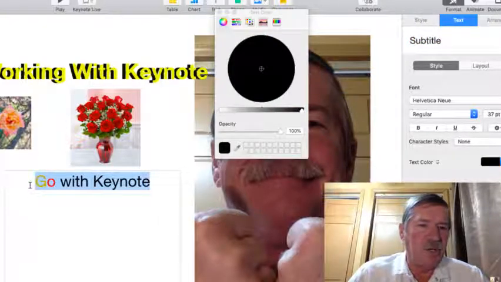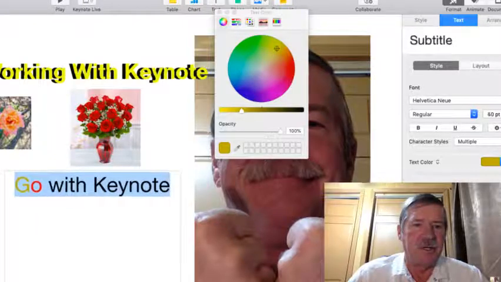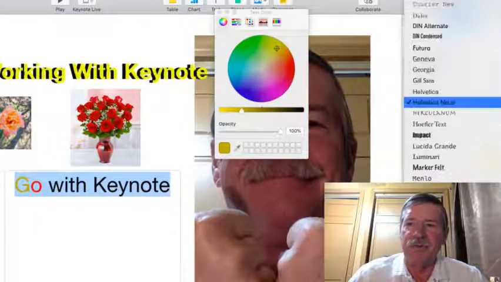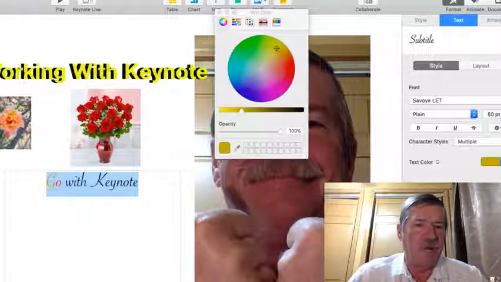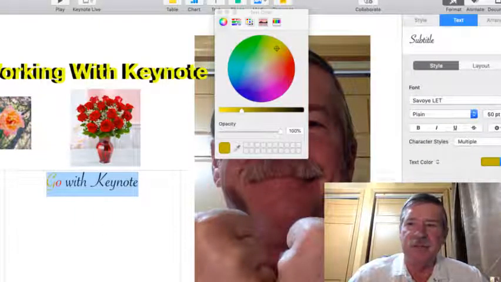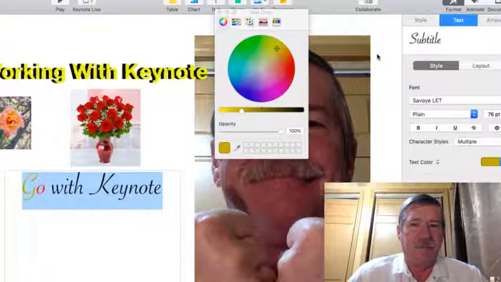If you want to make them bigger, you come over to the size. It'll take the font size up. If you want to make it a different script, as long as you got it highlighted, it'll do that too. Make it bigger still. Okay, now say you got